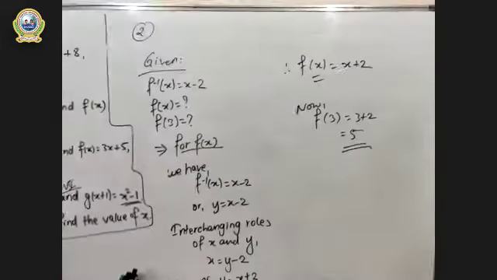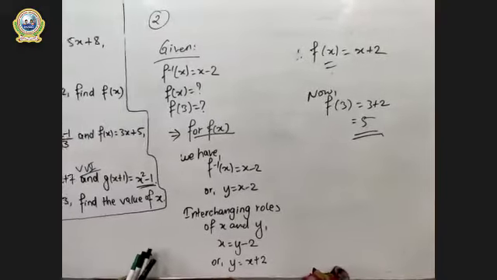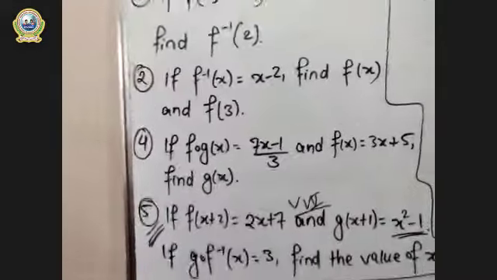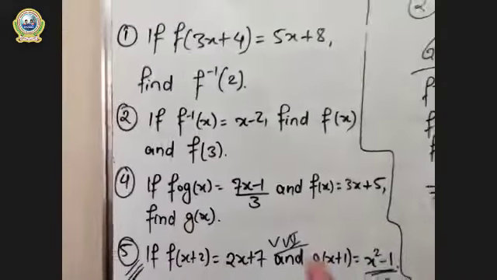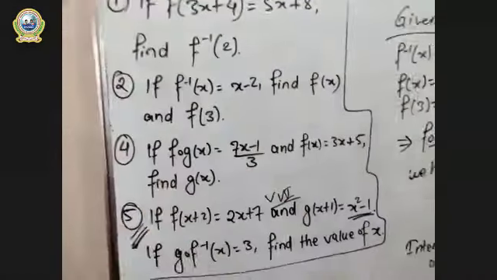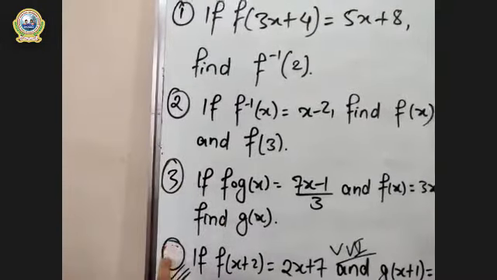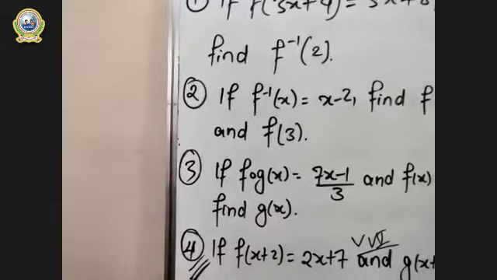Raise your hand if I can rub this one. I can rub this, okay? Thank you very much. I think I have written the wrong numbers, right? 1, 2, 4, 5. It is 3. Let me edit the numbers. It is 3 and this is 4. There are only 4 questions, right?